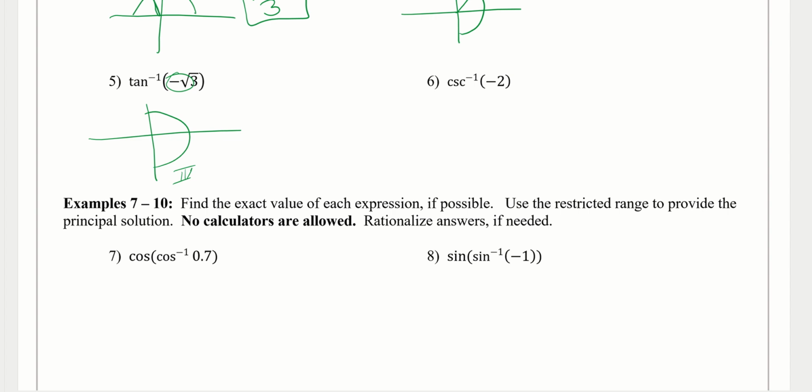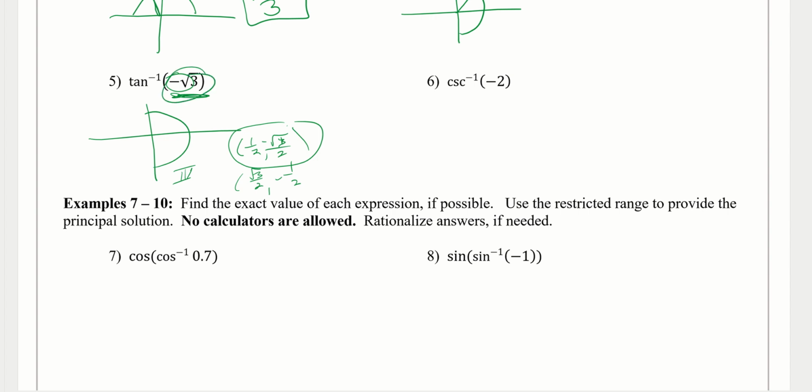But I know that my coordinates are going to be either 1/2, negative root 3 over 2, or root 3 over 2, negative 1/2. Right? And so which one of these is going to give me an overall value when I divide it of root 3? So if I do negative root 3 over 2 divided by 1/2,